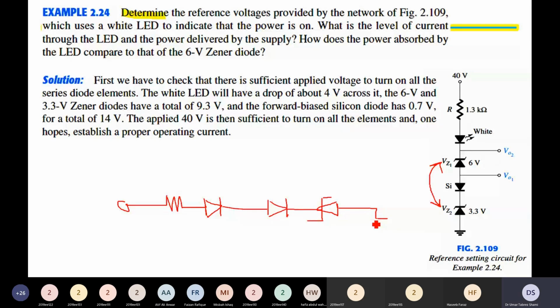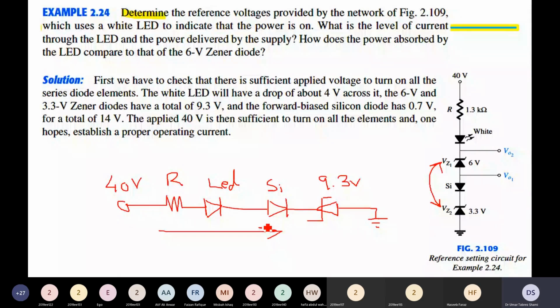And then the ground. The input is 40 volts. Then we have a resistance R. Then we have an LED. And then we have a silicon diode and a Zener diode of value 9.3 volts. So we have to determine, in order that current should pass through, whether the